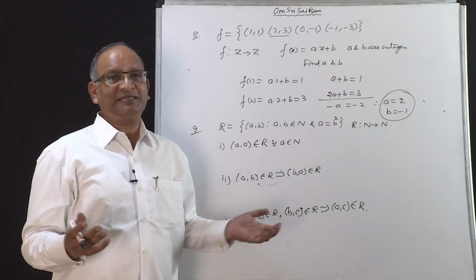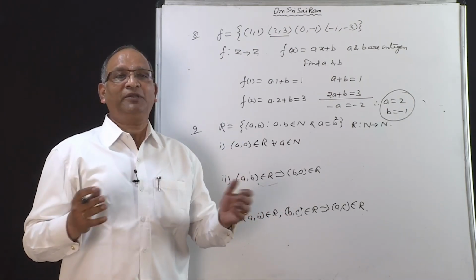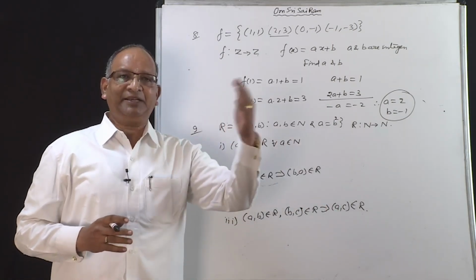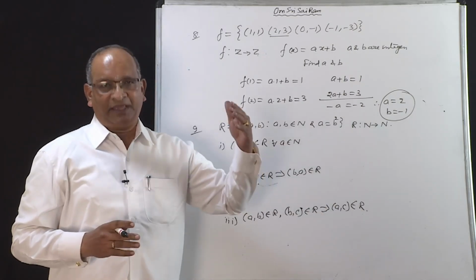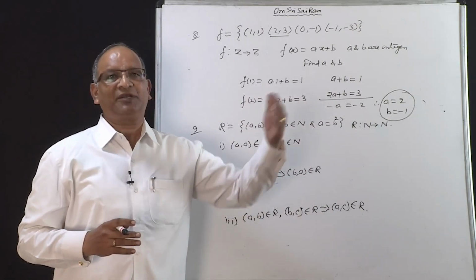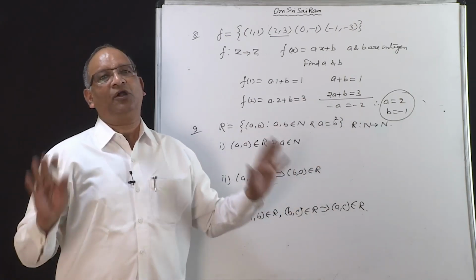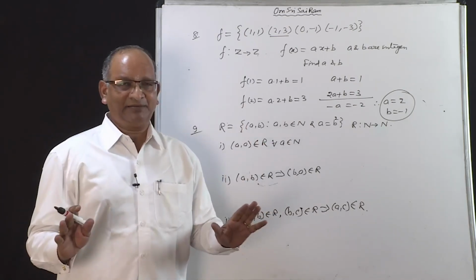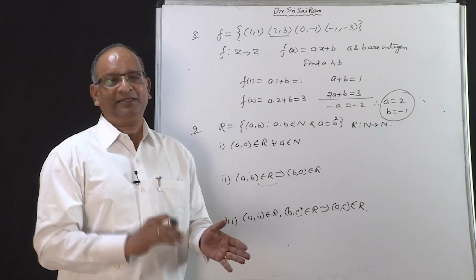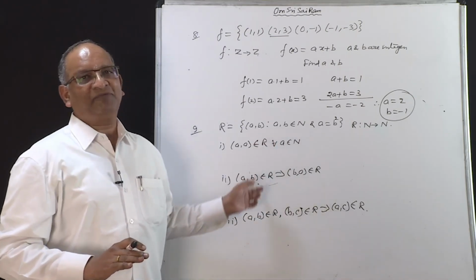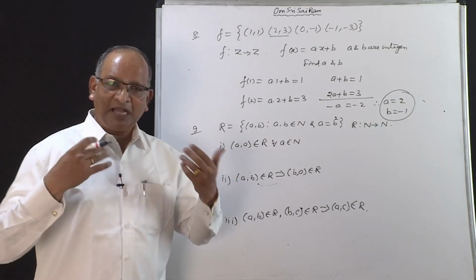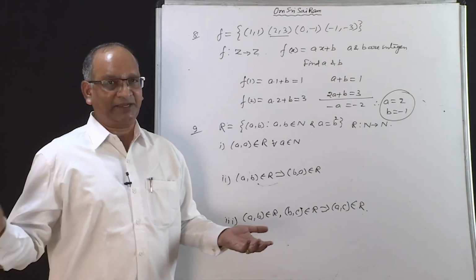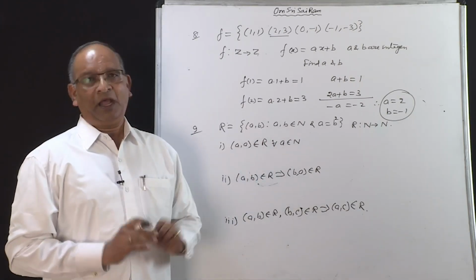Third relation which we study in the next year is about transitivity. If A is related to B with some relation, and B is related to C with some relation, and A is also related to C with same relation, it is called transitive. So without giving definitions, without discussing about it, indirectly he is discussing the same three relations with the help of this problem. So we will also not mention clearly that we are talking about reflexive, symmetric and transitive, but we will be doing that. How do you do that?